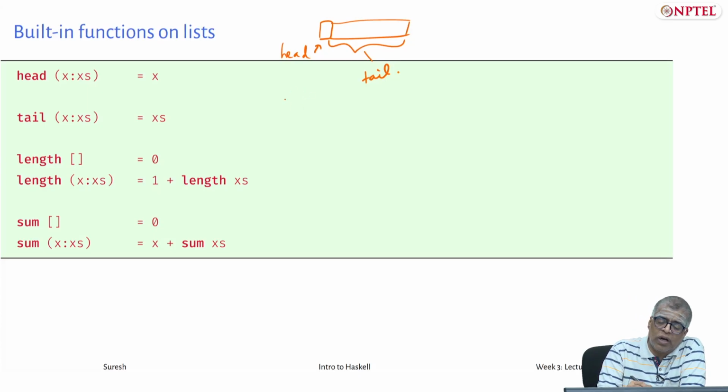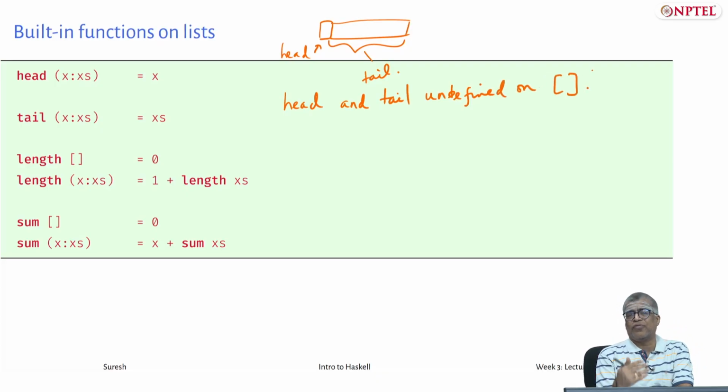Importantly, head and tail are undefined on the empty list. So, one has to be a little careful about using head and tail. In fact, GHC will automatically give you various warnings if you use head and tail. So, you either need to figure out how to switch off those warnings, or you need to actually fix the warnings by replacing the use of head and tail with some other means. In fact, in the previous lecture we showed how you can actually avoid head and tail by using some kind of pattern matching local definitions.